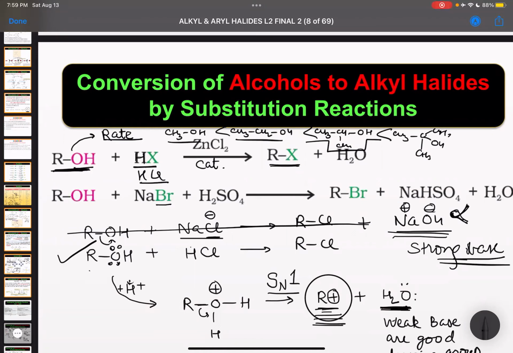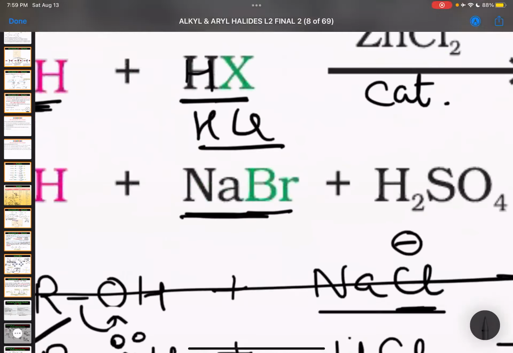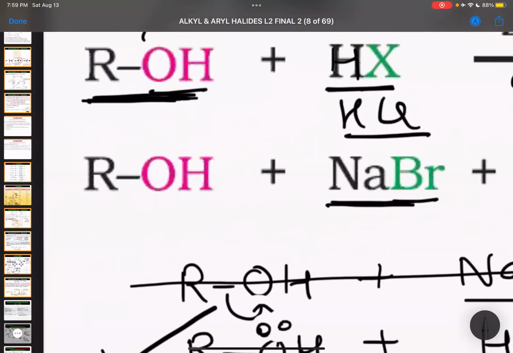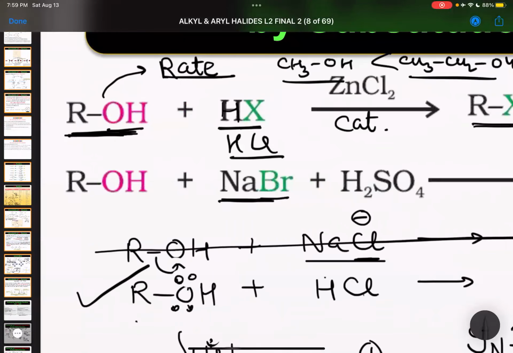If HBr is not there in the lab, can you take simply NaBr without H2SO4? No. Can you, sir? See, no, because if you would have taken NaBr simply, who is going to come out? The OH minus is going to come out. NaOH will form. Is OH minus ready to leave? No. It is a strong base. So HBr was not there in the lab, you took some acid,